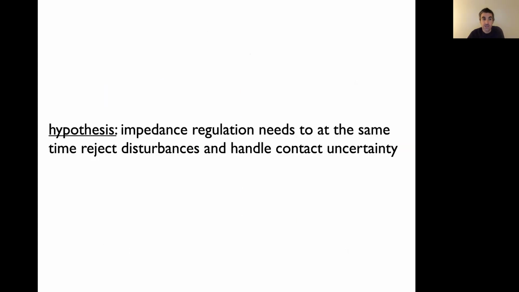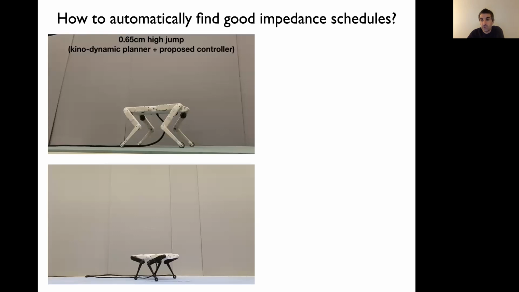So the big question now is, how do we deal with that? One of the hypotheses that I'm making in this talk is that modulation of impedance is something we need to think about as a trade-off between trying to reject disturbances, absorb impact, and also handle the uncertainty that we have in the environment. And how do we deal with that? That's what I'm going to try to discuss today. One of the questions is, how do we compute that automatically? How do we automatically find good schedules for the impedance, so impedance variation over time,